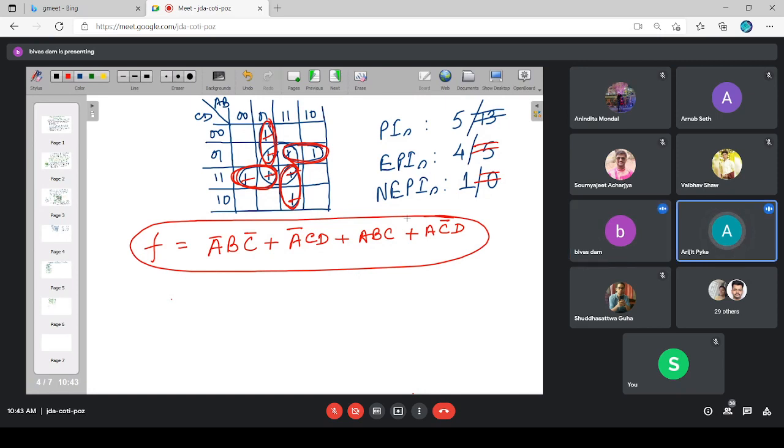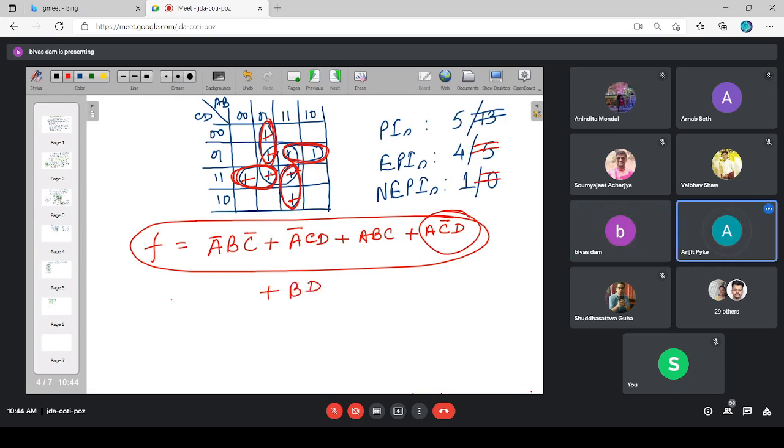Sir, since the quad is of lower complexity, if we ignore one pair, is that a feasible choice? You suggest, I'll try that. Sir, ignore the pair of 1 1 and 1 0, that means this one. Ignore that and let the quad stay as it is. Okay, fine. What will be that quad expression? You tell me. Quad expression will be BD.